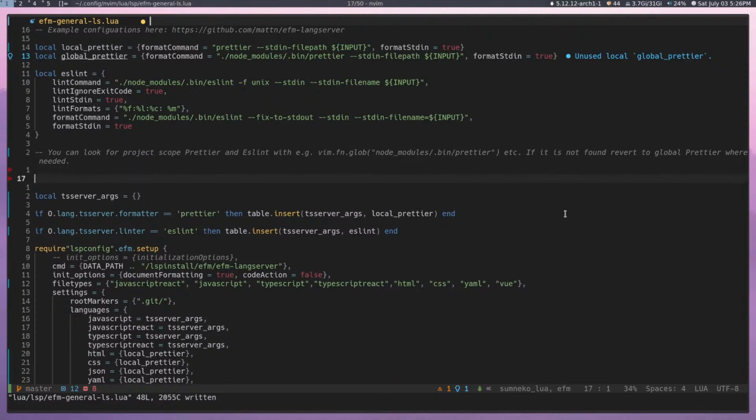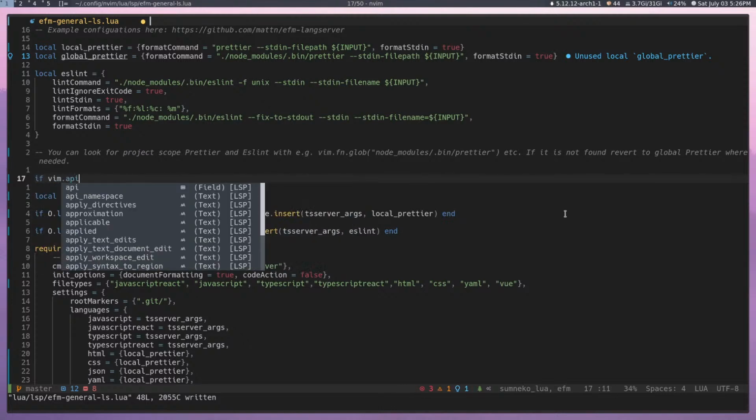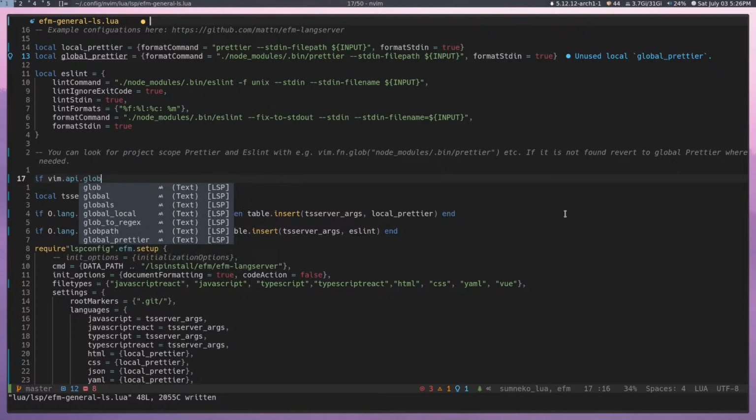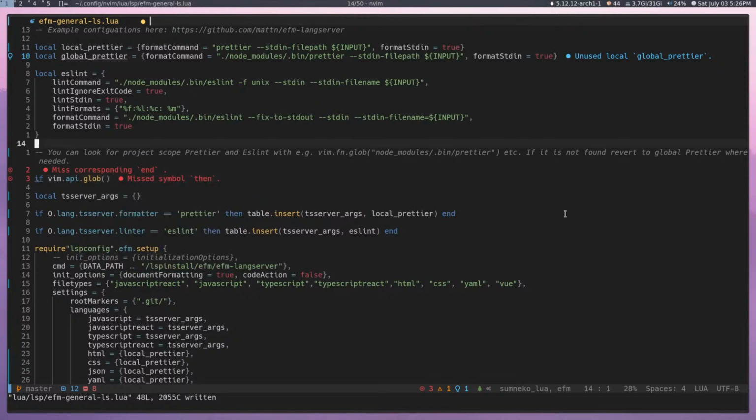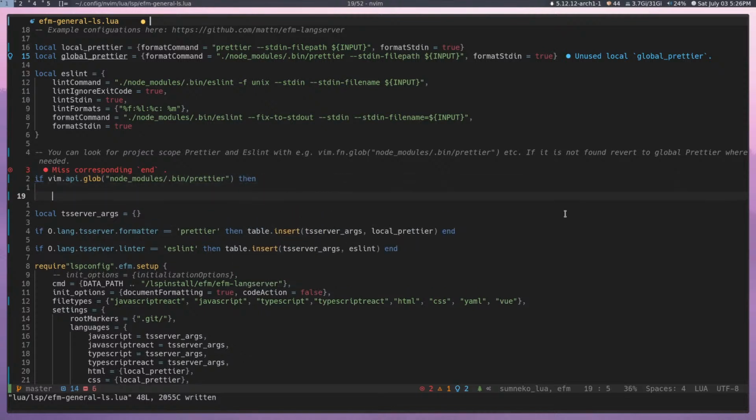So we could check if vim dot, I think we'll go with API dot glob, and then we'll just come over here and we'll do give me this guy, and we'll go like that, and then we'll do then, and then we'll do end like this. And if that is the case,